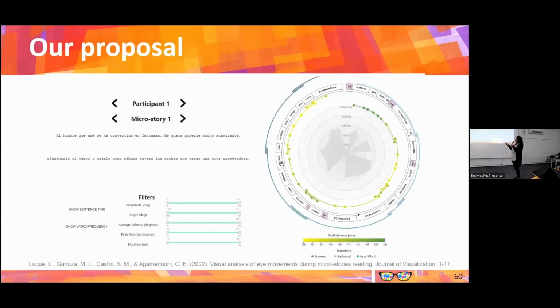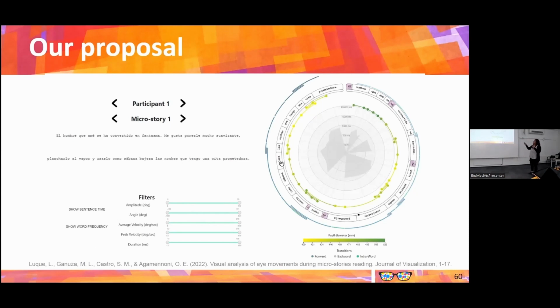The thing is, we have two linked views. The stimulus here, because we want to know the micro story and how the user was reading it. This is presented exactly in the same way as the user was reading it. And this radial chart. In this radial chart, we condense a lot of information.